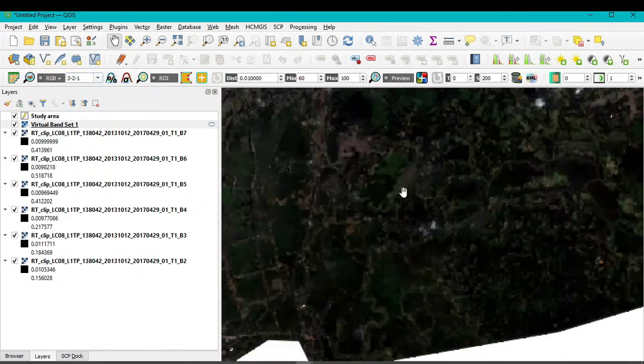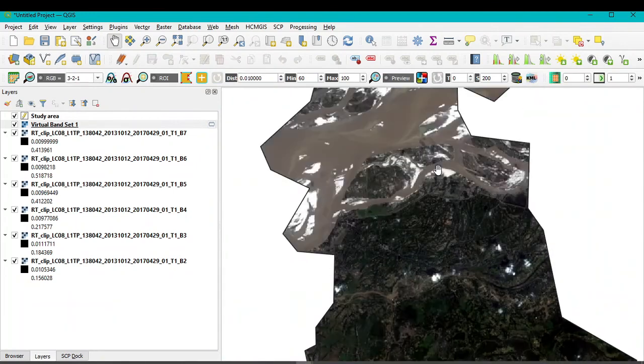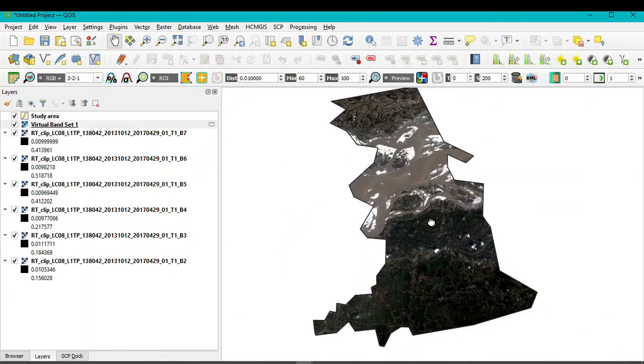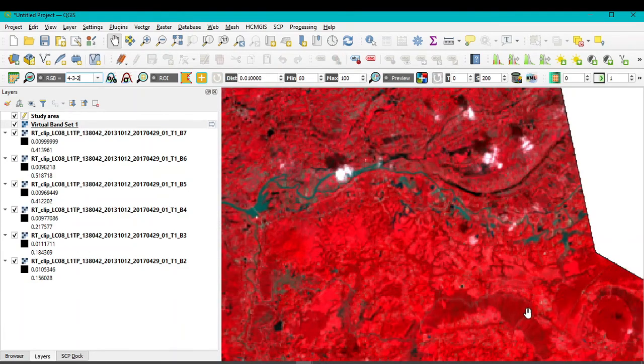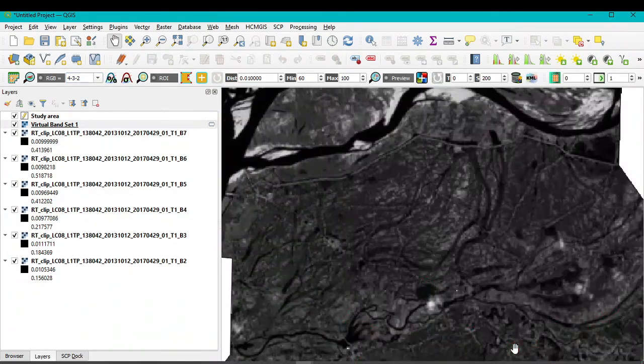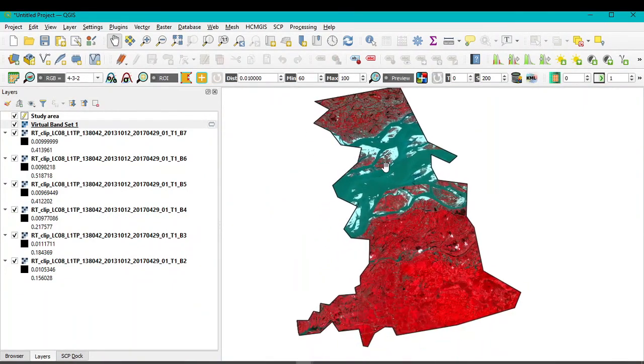If you zoom in, you can see the natural color composition image. Okay, so if you click this drop down menu and select 4-3-2, it will be a false color composition, and you can see here this red portion is the vegetation cover area, as well as these are the water bodies.